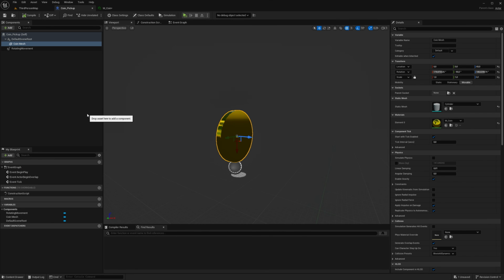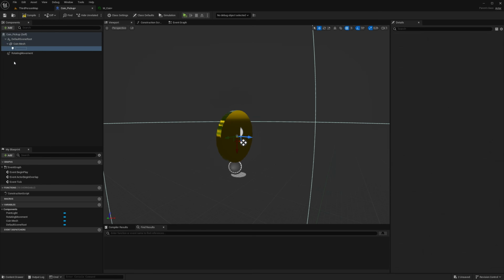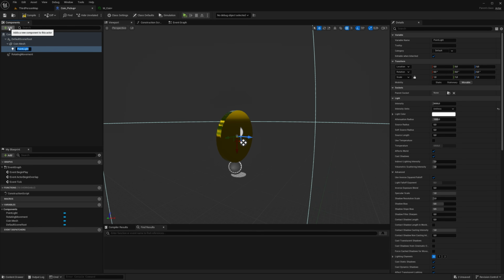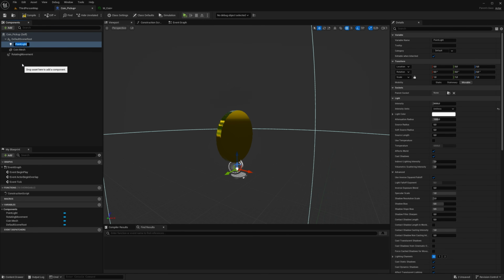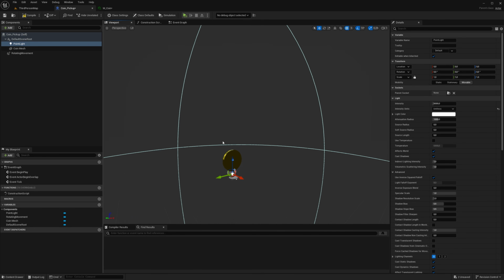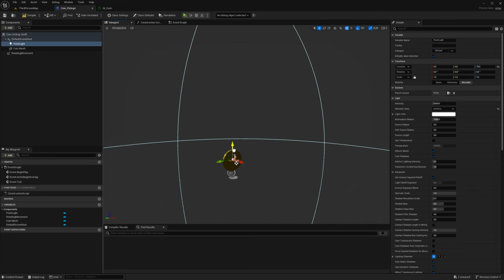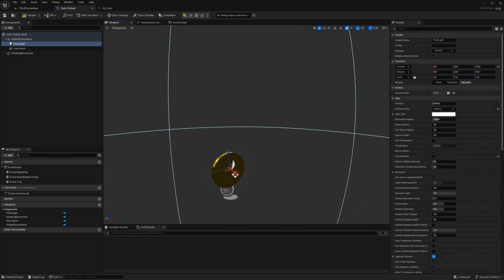If you want to skip this part, I will make chapters in the video so you can just skip it. I would also like to add a point light to this coin. So add, okay, I'm forgetting to show you guys what I'm doing here. Add, select point light, just call it point light, that is fine. Move it up to the coin, turn off shadows. We don't need shadows for something like coins.